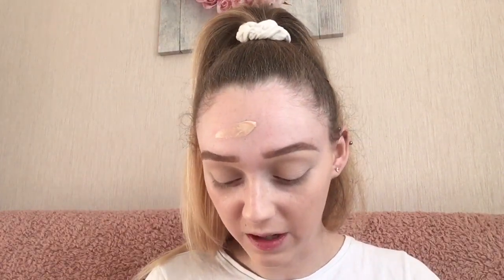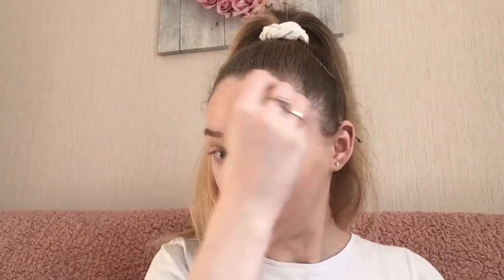So I've just brought it in a little closer so that you can see a bit better. I don't really like it. Maybe it's because I'm using the wrong primer, but her Skin Elixir thing was £15 and I was just like, but I've got hundreds of primers, do I really need that? Maybe I do. Maybe I'll need to get that to try it with this foundation,